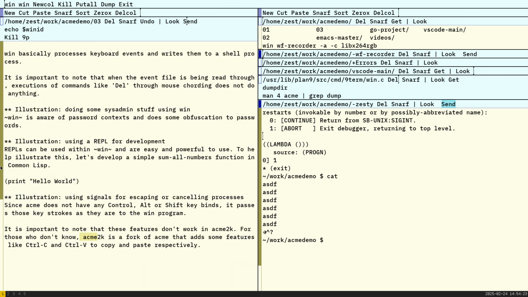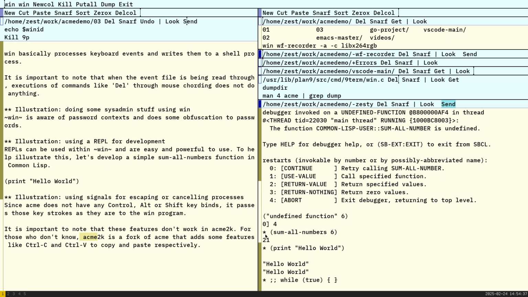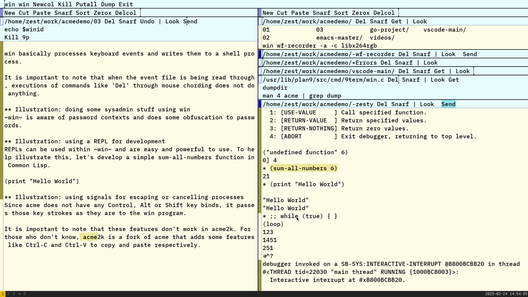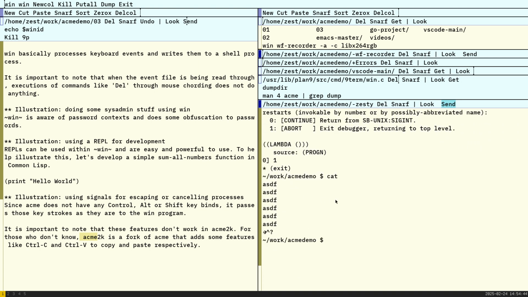And as a bonus, I just want to mention something, which is that the win shell command is extremely useful, and one thing that makes it very useful is that you can select text and modify it if you want to without messing up anything. So in Emacs this is found, but I think it does some extra functionality to make it work. But in Acme